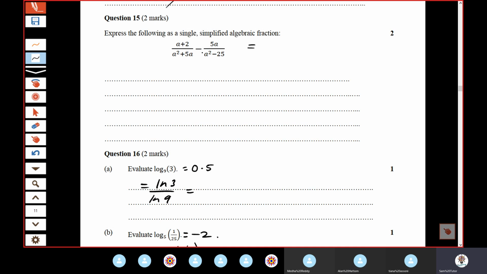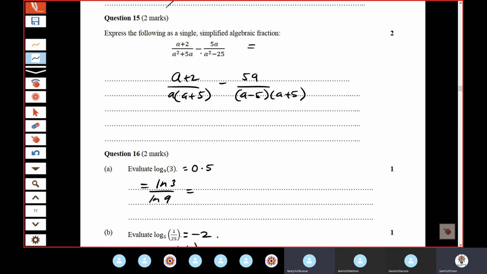Girls, you got these ones out? Anyone? Any of the girls? Nikki, did you get it out? Question 15. Or what do you have? And I'll tell you where to go from there. I got up to, so I first did the whatever where you take out A and then the